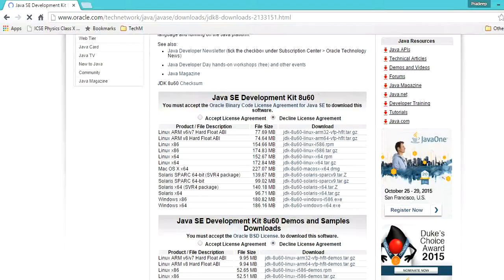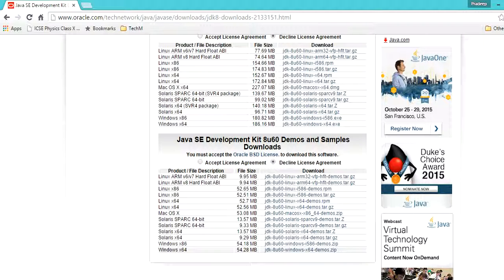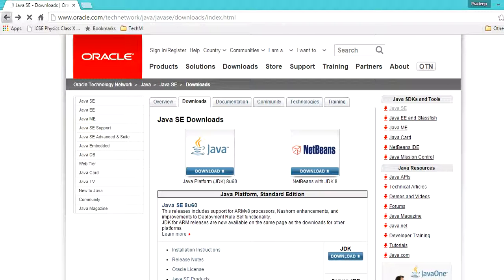Then according to your operating system, just download. I have Windows, so for Windows this one is for 64-bit and this is for 32-bit. You can find your system's bit processor from the properties panel of My Computer. I have already installed it, so I am not going to install it again.